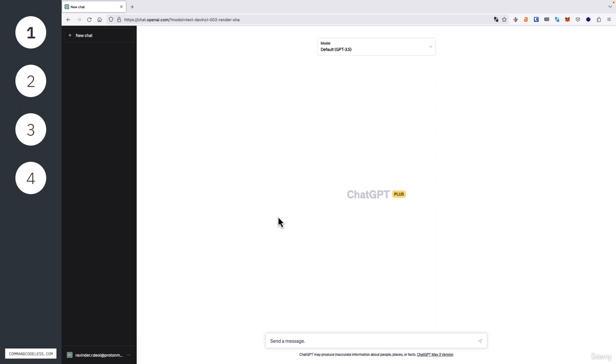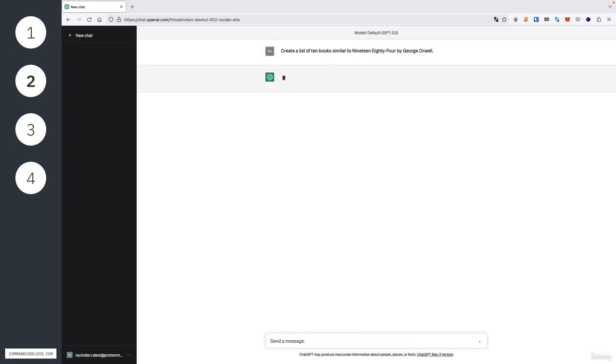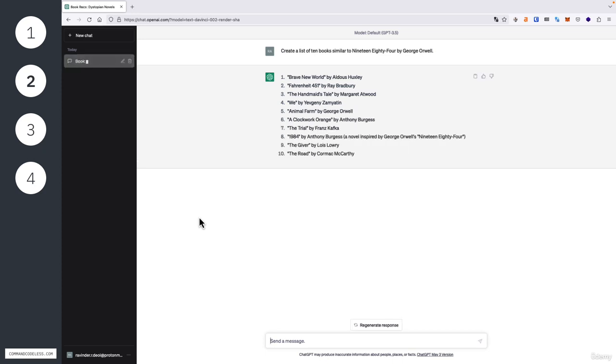Alright, let's jump into our first basic prompt, zero-shot prompt engineering. So let's give our zero-shot prompt a whirl in ChatGPT and see what we get. For example, let's enter create a list of 10 books similar to 1984 by George Orwell. Maybe you're a big fan of this book like me and want to find more gems like it. So I'm going to enter this prompt and in no time, ChatGPT will come back with some fantastic